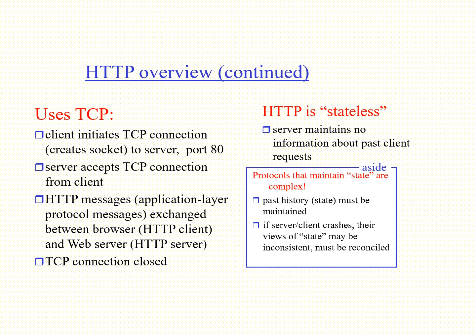We can see the overview of this HTTP protocol. This HTTP protocol uses TCP, Transmission Control Protocol. The client initiates a TCP connection to the server through port number 80. This client-server architecture is a socket communication. So the client initiates the Transmission Control Protocol connection to the server through port 80, and the server accepts the TCP connection from the corresponding client.